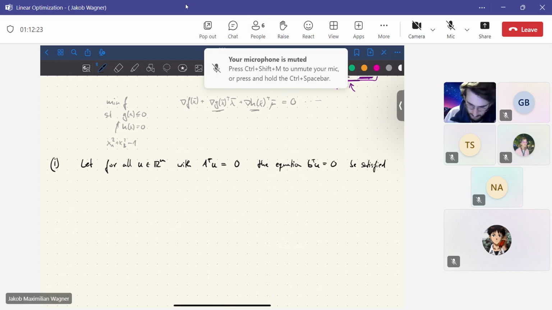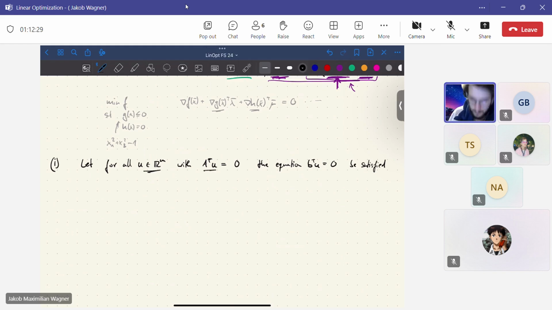Then, because the set of all u's where A transpose u is equal to 0 is a linear subspace of R^m, we can actually rewrite this as a lesser equal constraint. So this is equivalent